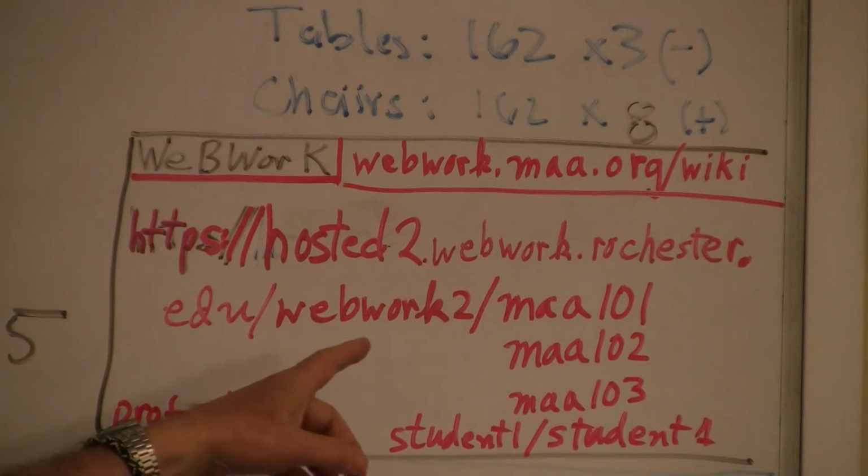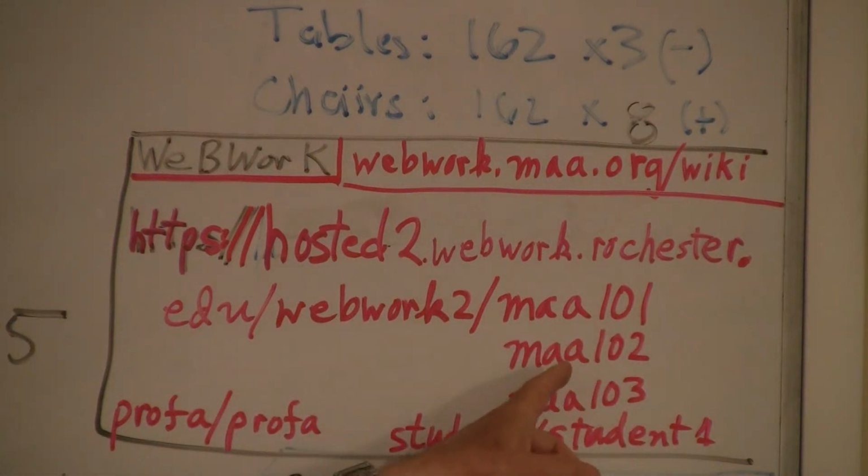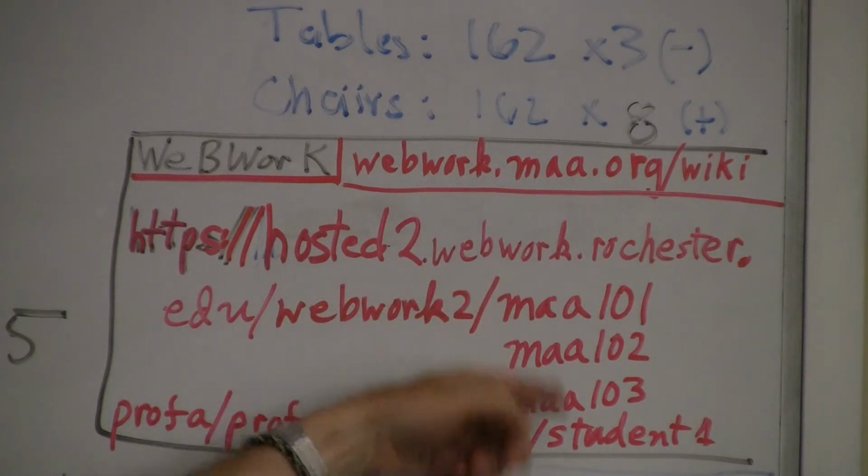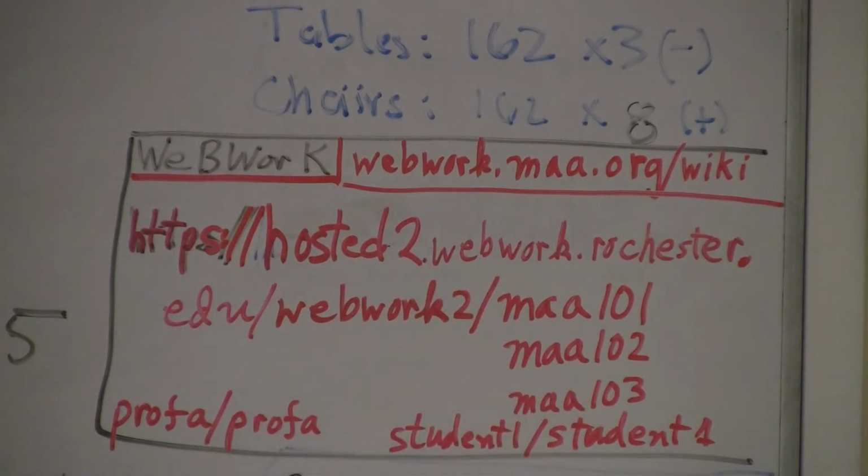And then I'm on MAA 101, so don't use that right at the moment, but MAA 102, 103, 104, and so on and so forth. And you can sign in as students, where student 1 is the login and the password is student 1, or as professors, profA and the password profA. And try and pick some random number between, say, 101 and 130, because if two of you are on at the same time, you'll log each other off. So if you're being logged off, that's one of the disadvantages of having a public server.